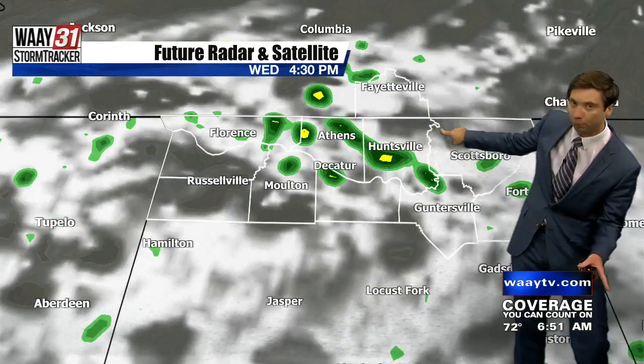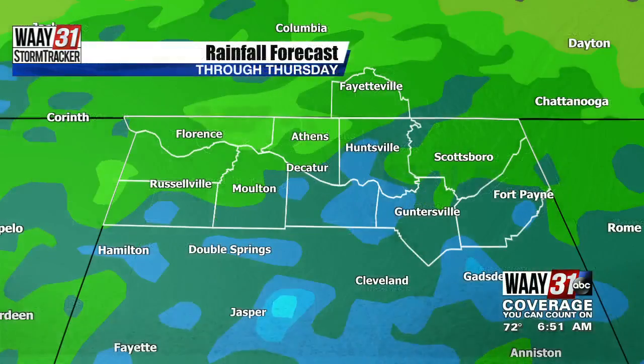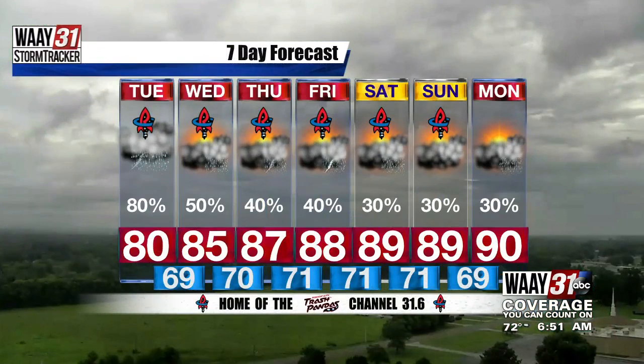You will notice, though, for tomorrow, coverage much lower than what we're expecting for today. And we'll continue to see the coverage dropping off into your Thursday and Friday. Here's a look at the rainfall forecast, anywhere from a half inch to 1.5 inches of rainfall, isolated higher. And you'll notice down to about a 30% chance by this weekend. But every day for this new homestand for the Trash Pandas, we'll be on the lookout for pop-up showers and